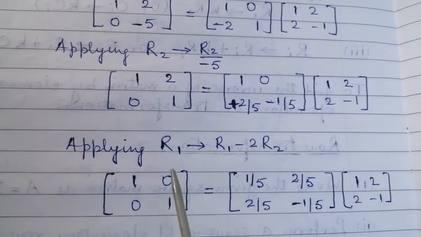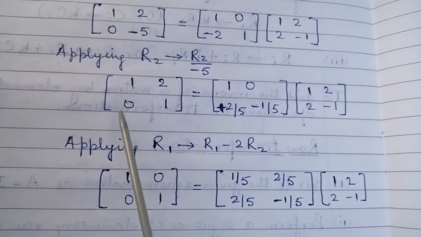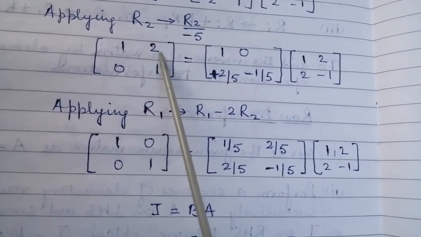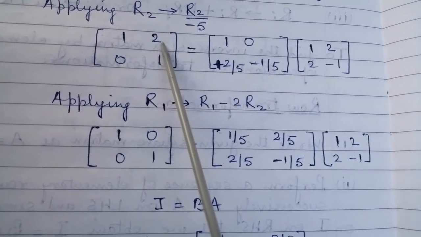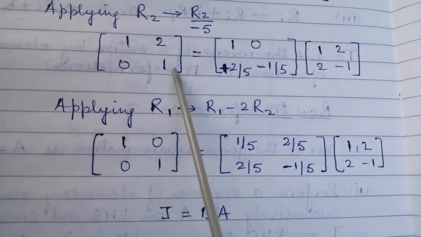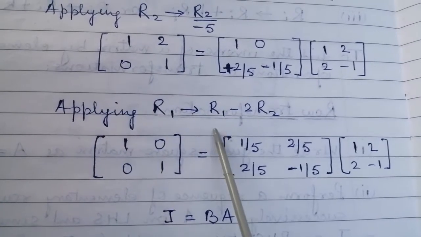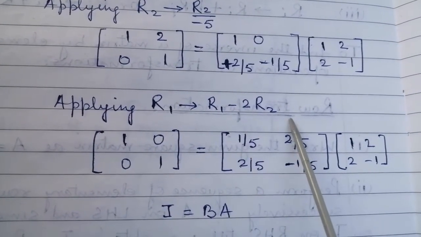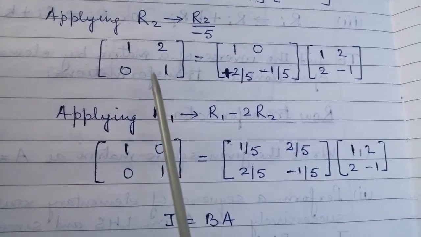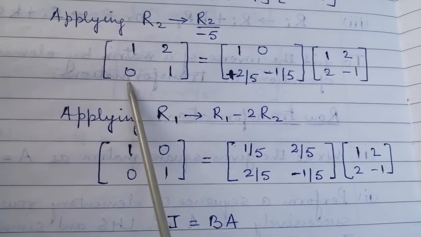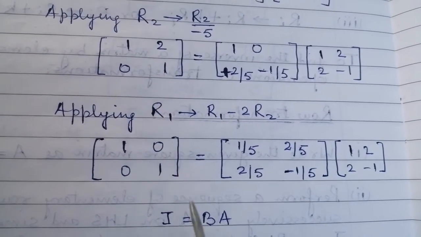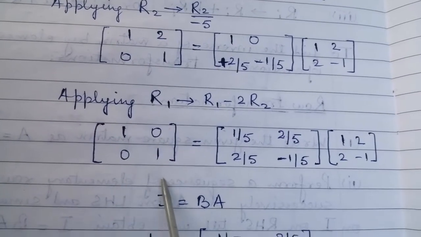This matrix as it is. Fine, we have made this 1, this 0, this 1, and now we need to make this 0 here. So how do we get it? If from the first row I subtract double of the second row, on R1 I am applying R1 minus 2R2. So 1 minus 2 into 0, that is 0 only, so 1 minus 0 will be 1 only, and 2 minus 2 will be 0. So you get 1 0 0 1.